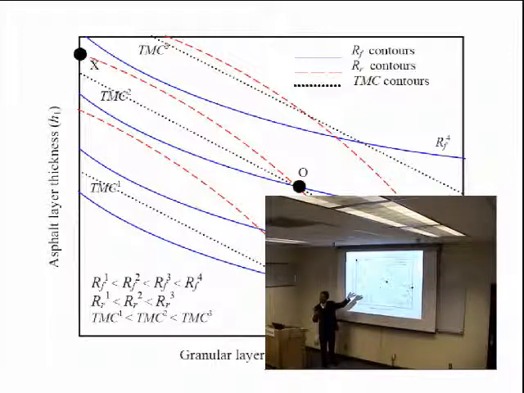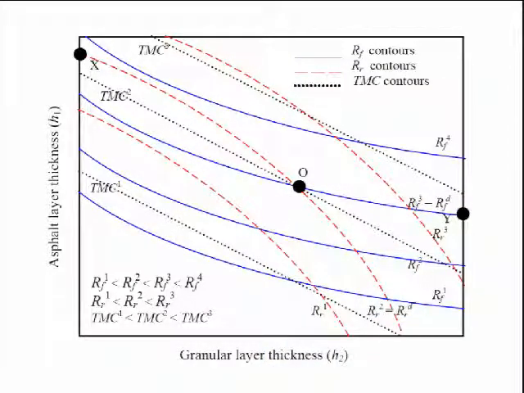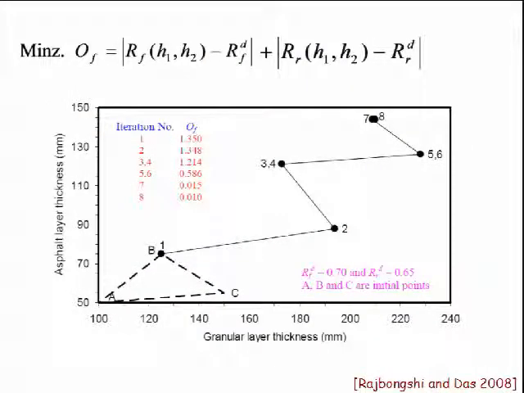cheapest cost line. So therefore, you have to satisfy a particular value of the reliability for the rutting. You have to satisfy a particular value of the reliability of the fatigue. And at the same time, you have to look for an option which gives you the cheapest cost, which is also the intersection point. And therefore, it seems to be a feasible solution.